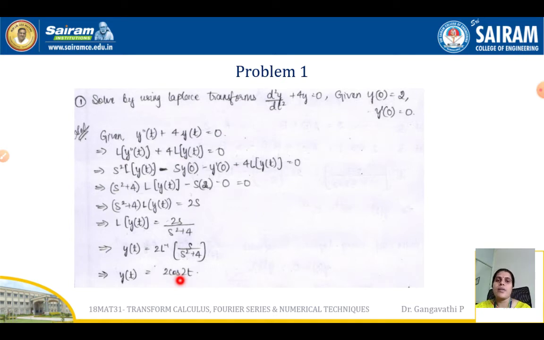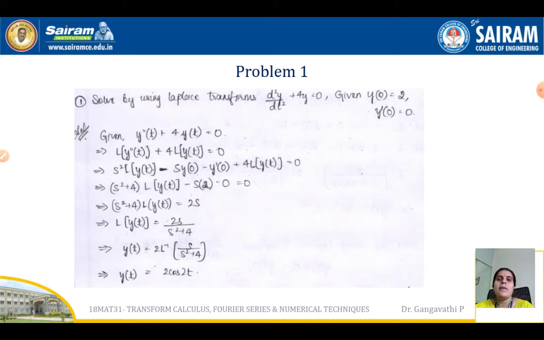Okay, this is how you need to solve an equation, and let us summarize in the form of a working rule. If an equation is given, first write it in the form of y dash, y double dash, y triple dash and so on. Then take the Laplace transform throughout. That would be your second step. And the third step would be to substitute for the derivatives in terms of Laplace transforms. That is, if y double dash is there, you have to start from s square into L of y of t minus s y of 0 minus y dash of 0, like that.